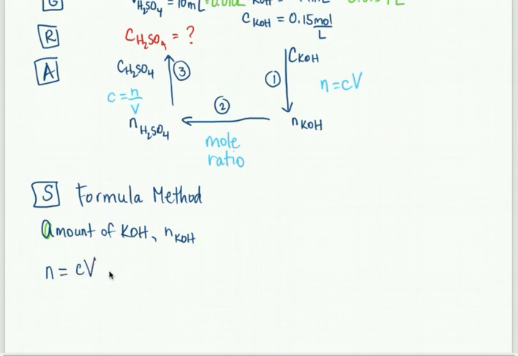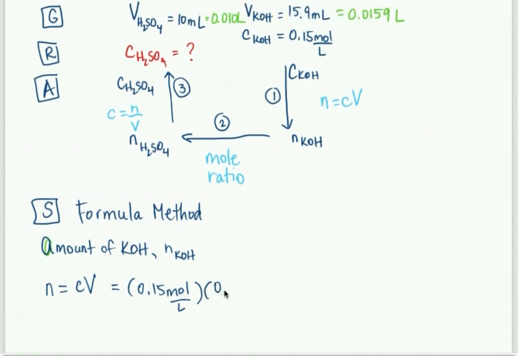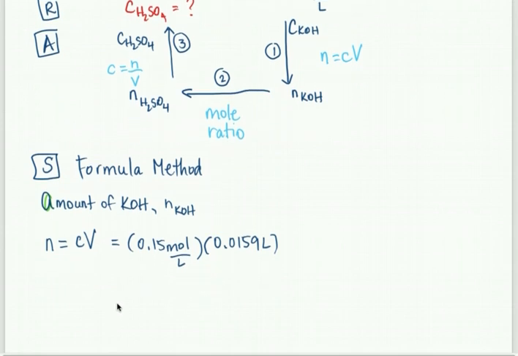So we'll fill it in. The concentration was 0.15 mole per liter, and we're multiplying by the volume, which has now been converted to liters. Then we're going to multiply those out, and we get